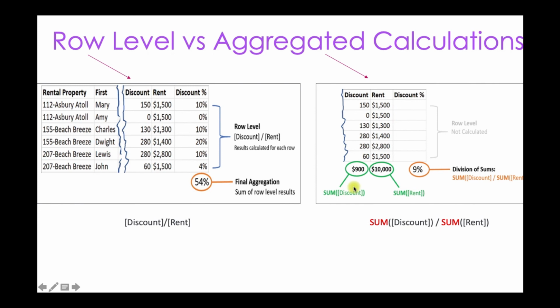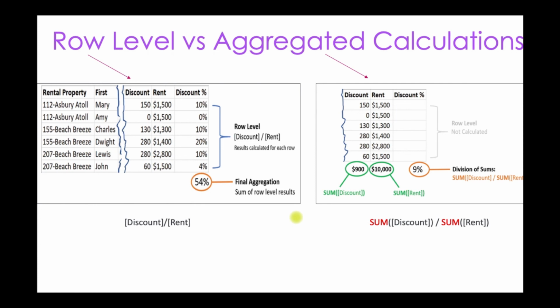And the second option, if you see, it will first aggregate all the discount values. It will aggregate all these rent values using the sum, and then it will divide. Okay, so that's why we are getting the correct answer of 9% over here. So there's no right or wrong, but it depends on the visualization which you need. Okay, so you need to be very careful when you are using these calculated fields. You need to know your data, how you want it to be extended, what would be the use case, how the end user wants the data to be displayed.